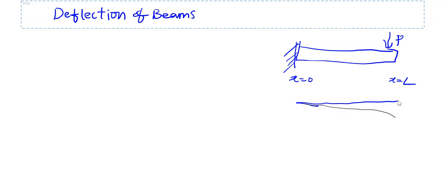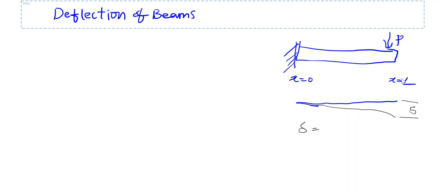So this one we are calling as the deflection, maximum deflection delta. Okay, basically this delta is a function of